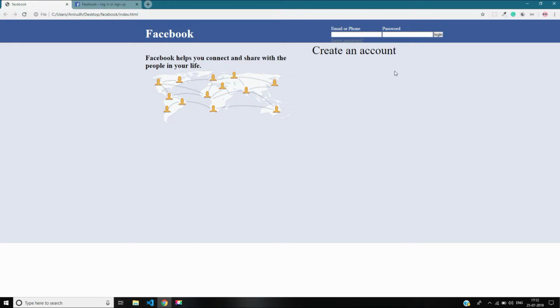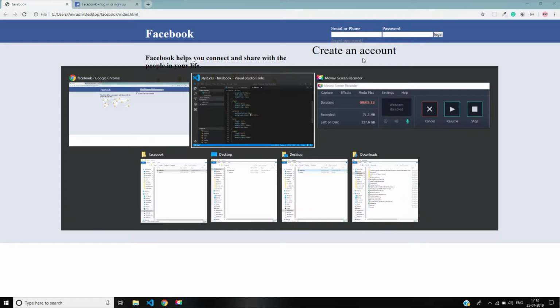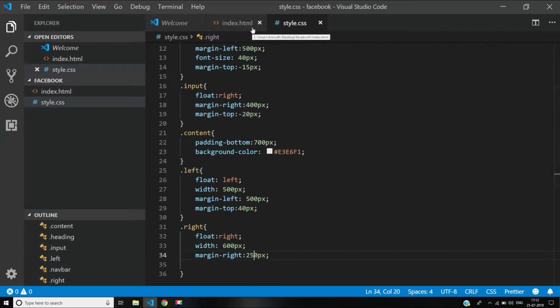So this is how we are getting. So this is how we have shifted create an account a little right,